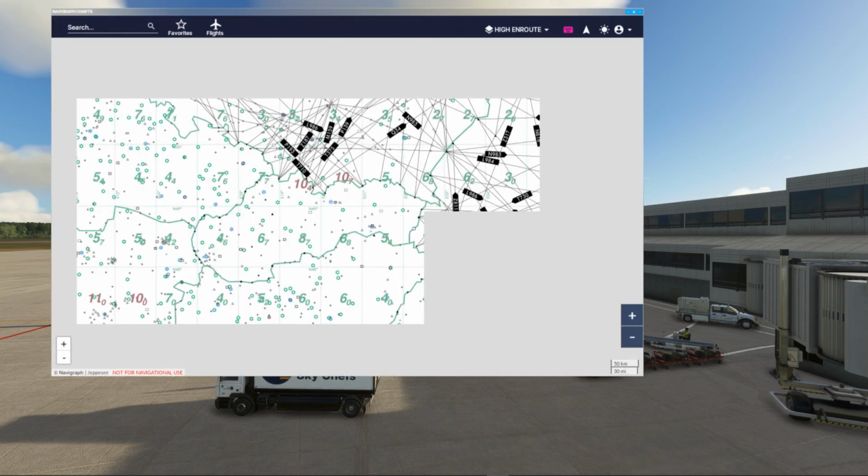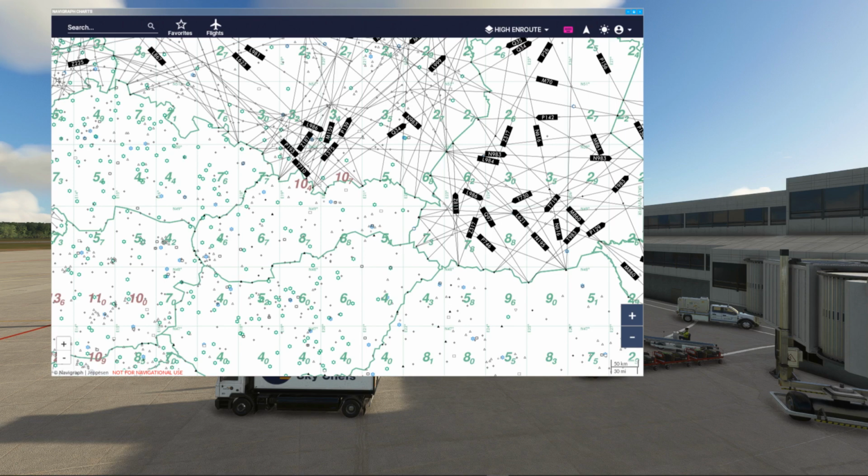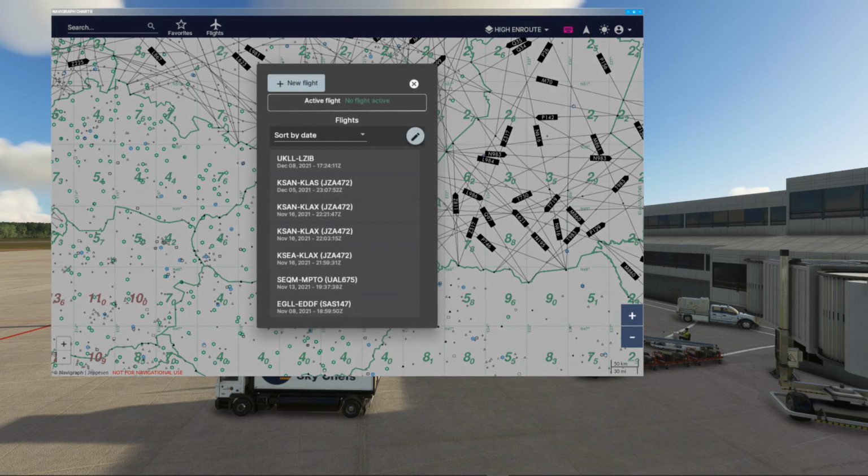I have actually got a video, a full tutorial on how to use NaviGraph and how to get the best out of it, on the channel. So I will put a link up in the description, and you can go through that if you're unfamiliar with how to use NaviGraph. All right, so to get our flight up,